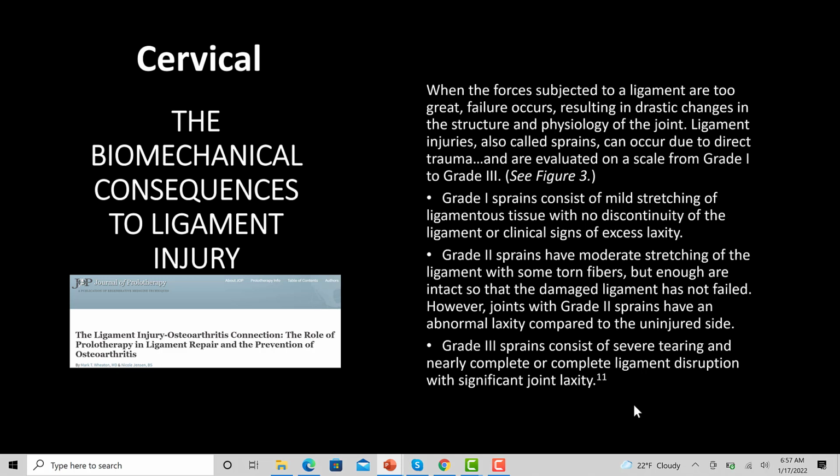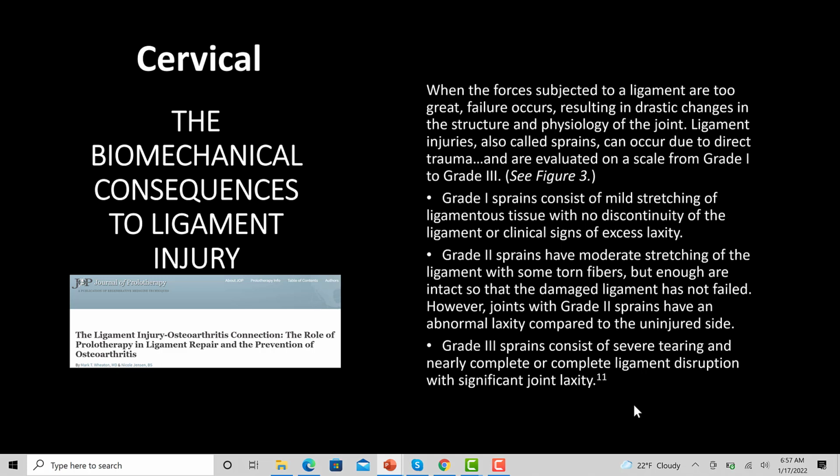have moderate stretching of the ligament with some torn fibers, but enough are intact so that the damaged ligament has not failed. However, joints with grade 2 sprains have an abnormal laxity compared to the uninjured side. So basically what it's saying is that if you have abnormal laxity, anywhere from 1 to 3.5 in the cervical spine, 1 to 4.5 in the lumbar spine, then you have a grade 2